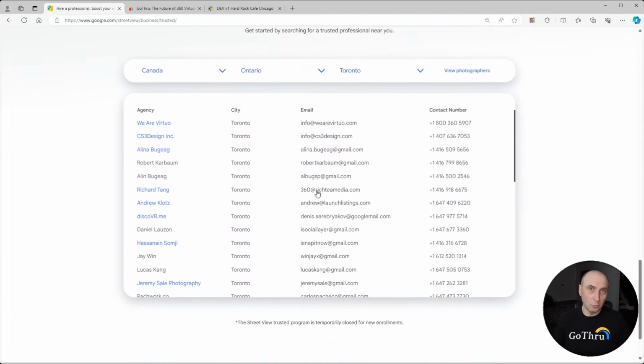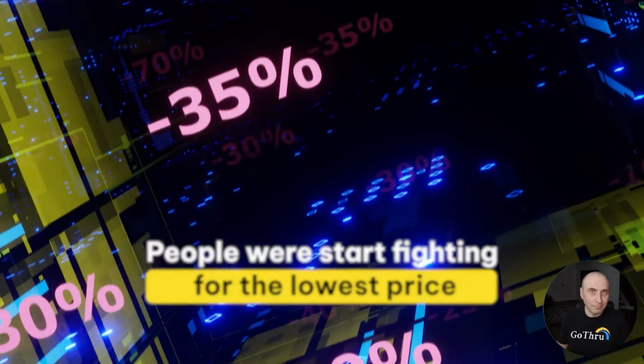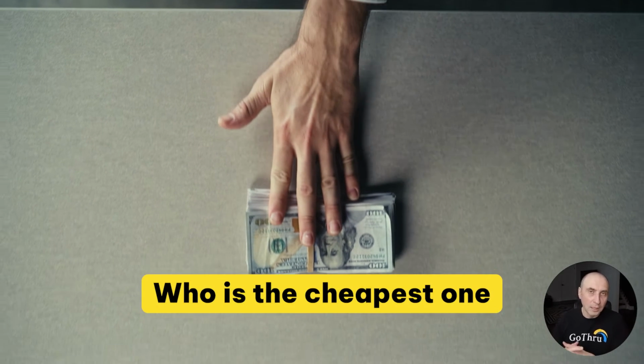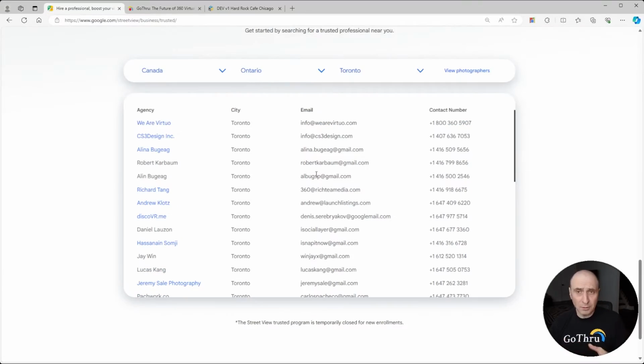And what was happening is people started fighting for the lowest price. Because imagine, in Toronto, there are so many photographers. If anyone sends an email, it is just a race to the bottom. Basically, the business will pick whoever is the cheapest one. So that was till about